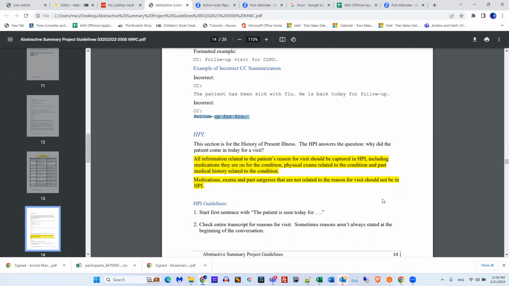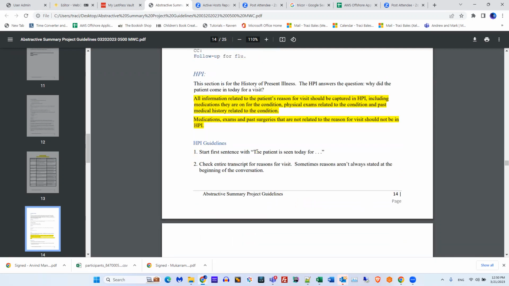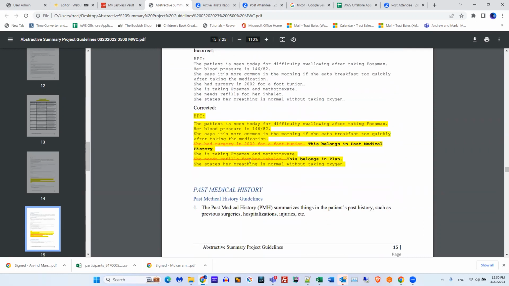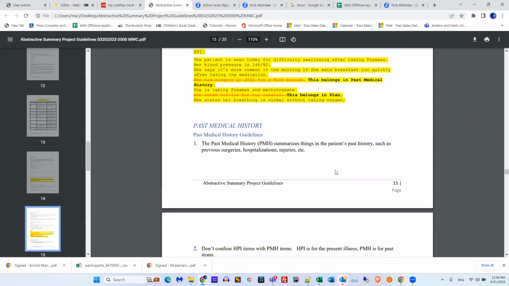But anything related to the patient's visit will be in the HPI, okay? The first sentence in that section is going to say, the patient is seen today for whatever the reason, okay? You have some examples here. Make sure you review those.